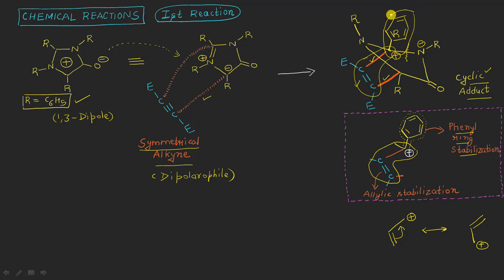And now the most important point to remember is that if this R group attached to this carbon atom had not been a phenyl ring, then this type of further reaction won't be possible here. I mean, the release of this isocyanate will not be possible if this R had not been a phenyl ring system here, right?